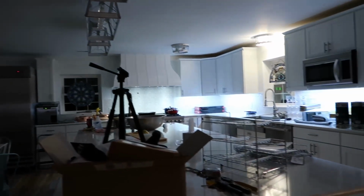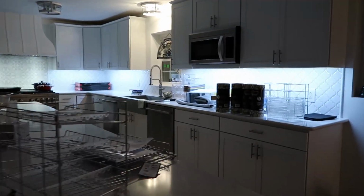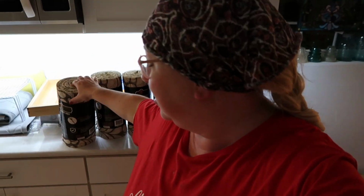Good night, kitchen. So glad that we're going to start tomorrow with the electric on and see how far we get. I just have to laugh because, of course, my whole kitchen organizing extravaganza, I was so going to do it in one day. So tomorrow will be day 3. But that's okay. We'll see. How many days will this take? I have no idea. I'm hoping that tomorrow we'll get through, I know it's gonna take several hours to do this,